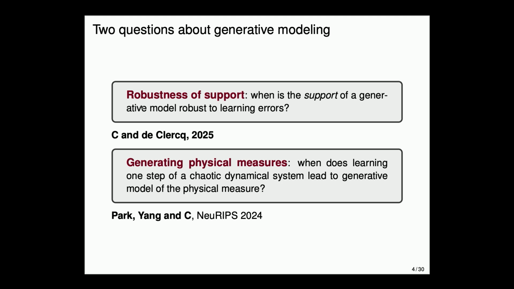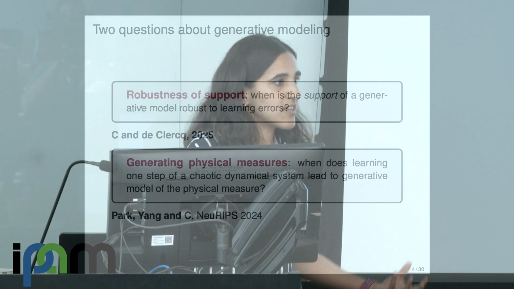The second question, a theoretical question also motivated by scientific machine learning applications, generative modeling for science, is if we learn one step of a dynamical system, can we approximate the natural invariant measure associated with this dynamical system. So, this learned dynamical system itself is a generative model, and it is only learned with some short term data. So, then when can we get guarantees? Specifically, I am looking at chaotic dynamical systems. When can we get guarantees that we sample from the invariant measure associated with this dynamical system?